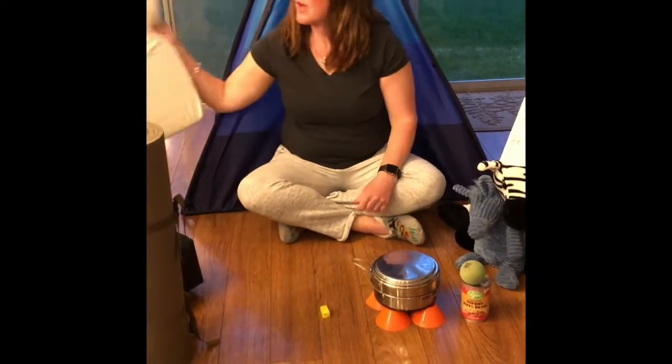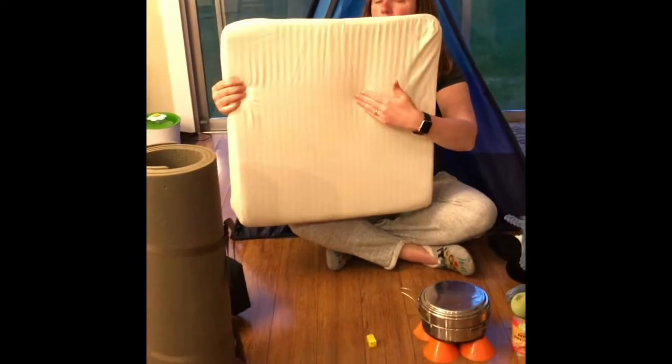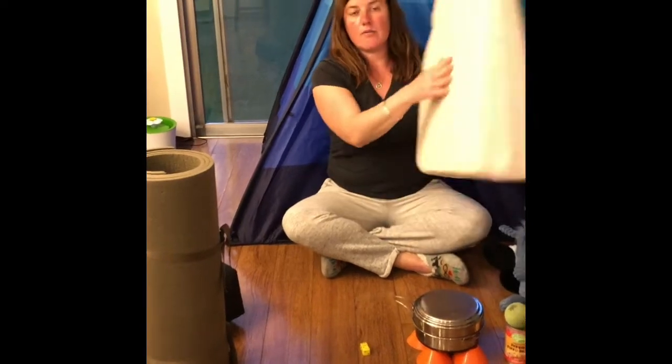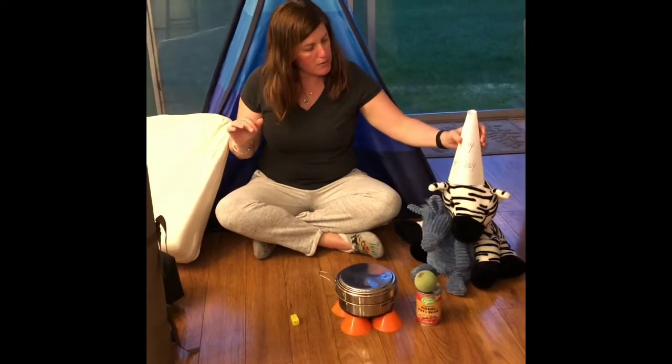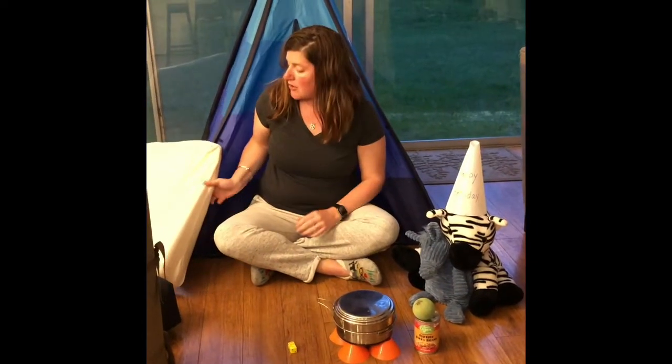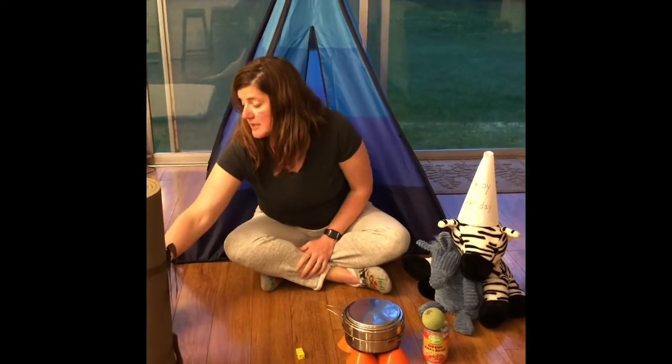And then I also have a triangular prism because it's got a triangle on this side, a rectangle here, a triangle on this side, and a rectangle here. I'm going to use this as my pillow. Oh, sorry, Zebra, I dropped your hat right off your head. So tonight, instead of sleeping in a triangular prism-shaped tent like we did earlier this week, we're gonna